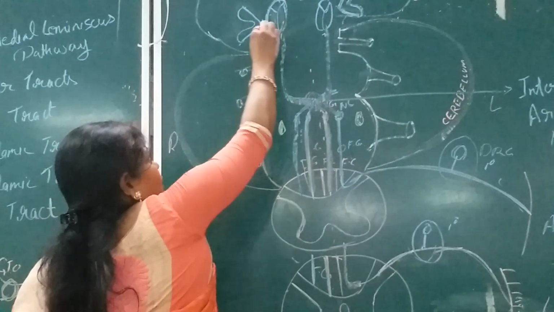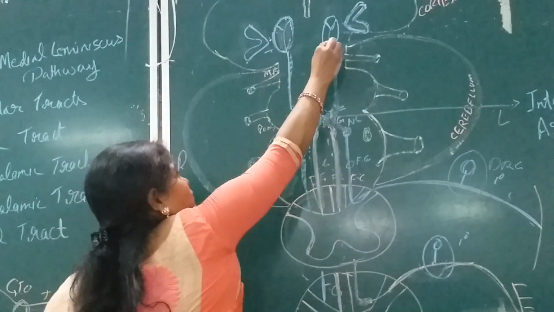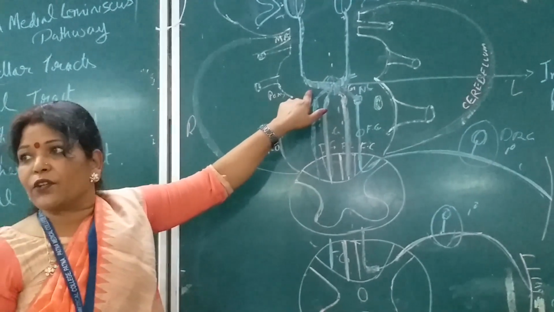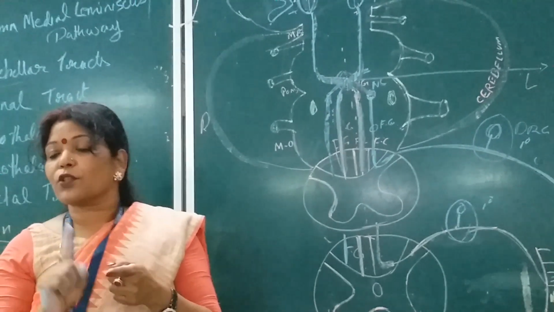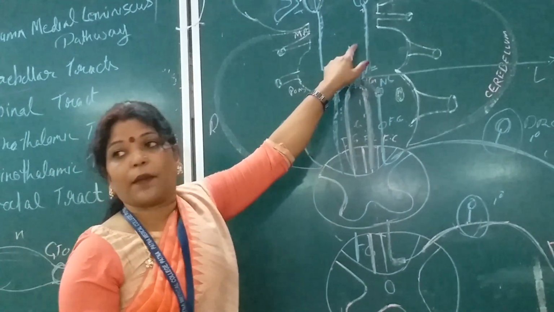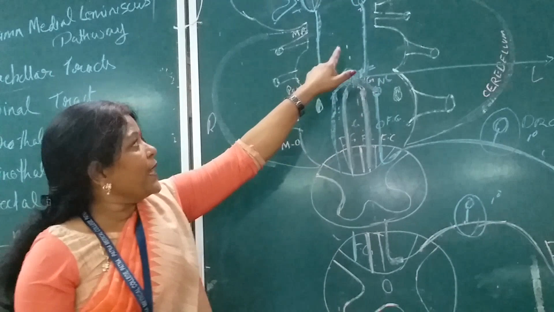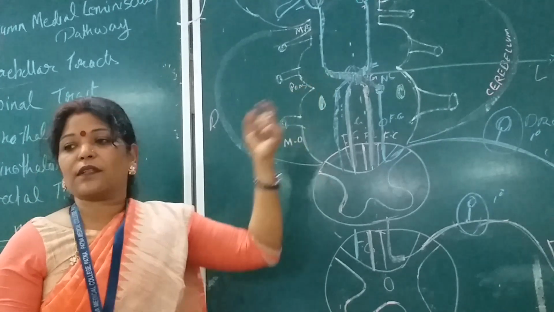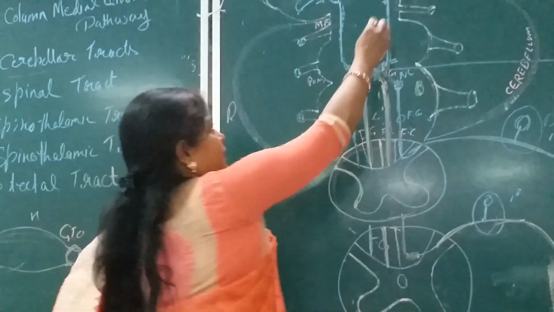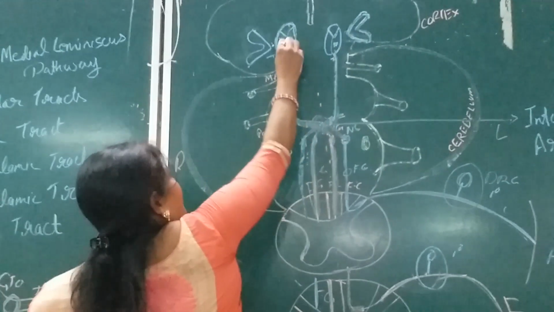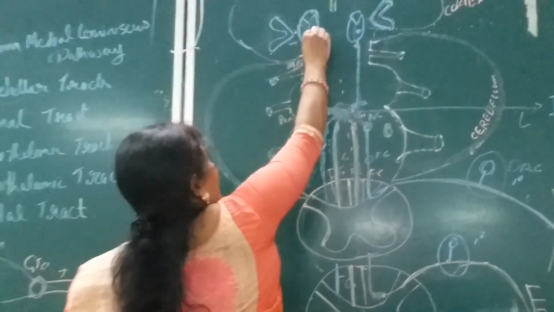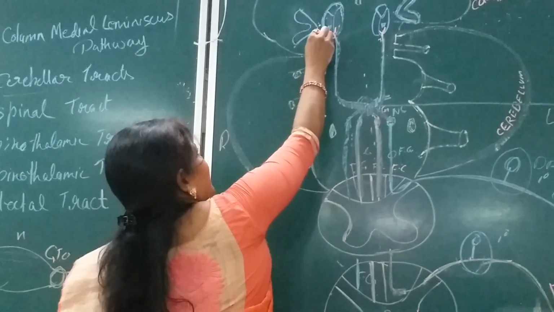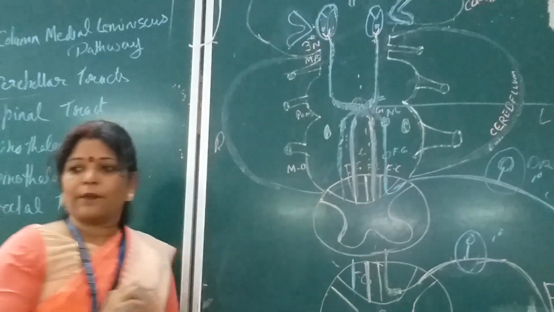It is the thalamus. Now these fibers, these tracts, which are the axons of this second order neuron, that is the nucleus gracilis and the nucleus cuneatus, these are the axons which are emerging from the second order neuron fibers. These axons will terminate in the thalamus, and there they synapse with the third order neuron cells. Isn't it? Here there is the presence of the third order neuron cells. So it will synapse here with the third order neuron, in the thalamus.